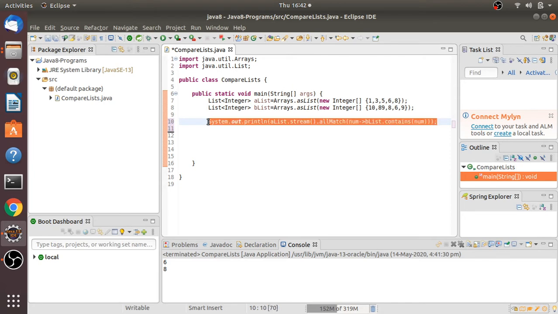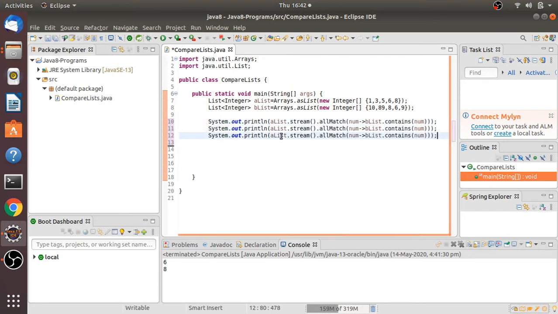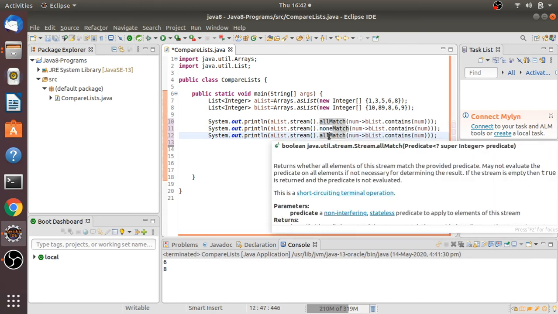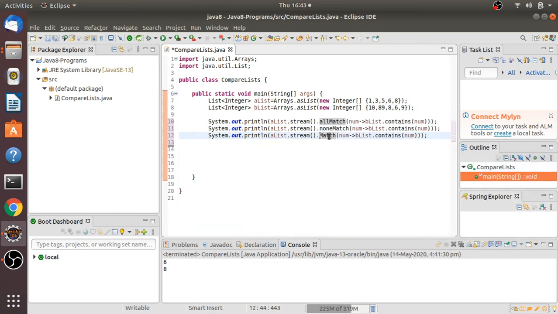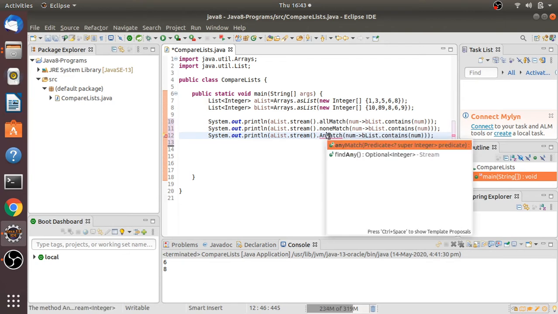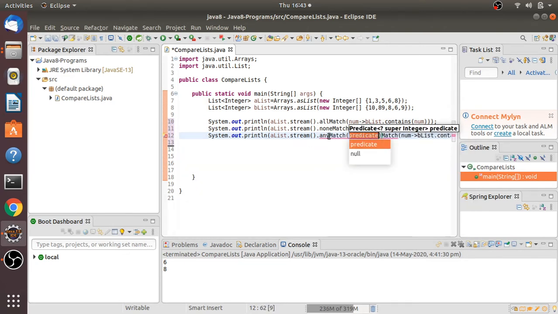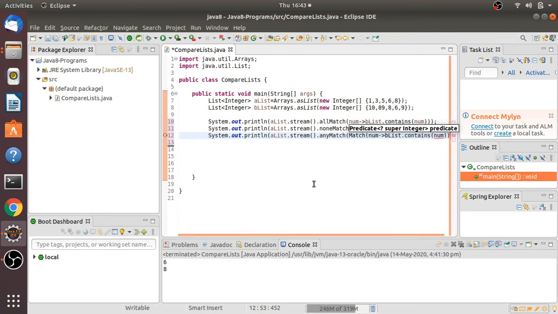We have three methods: one is allMatch, another one is noneMatch, and I think anyMatch. Yes, so these are the three predefined methods available in Java 8.